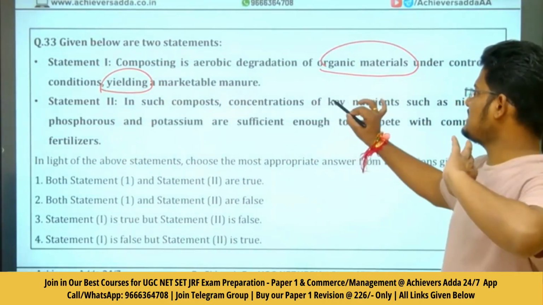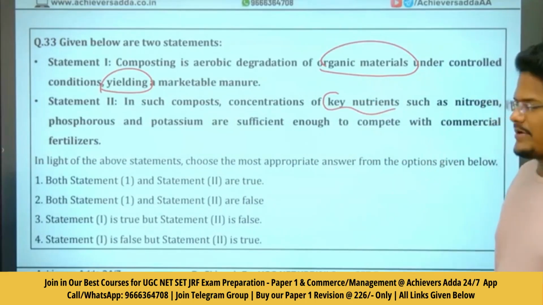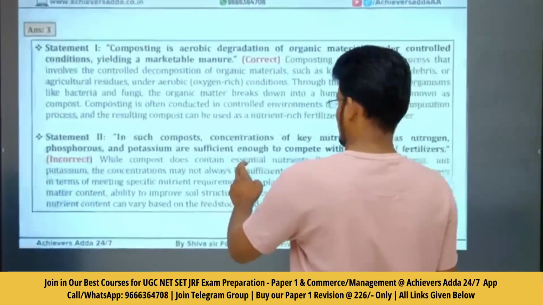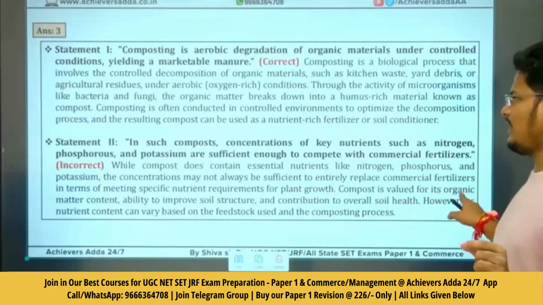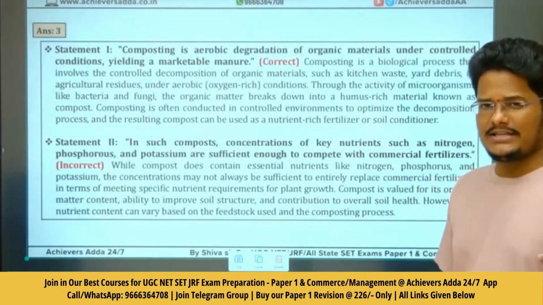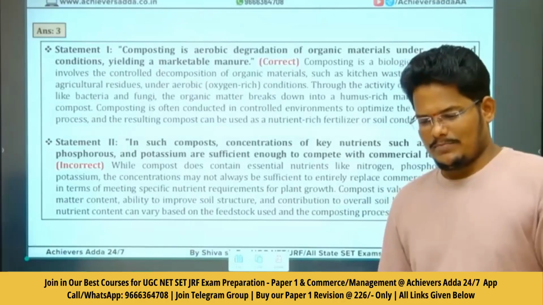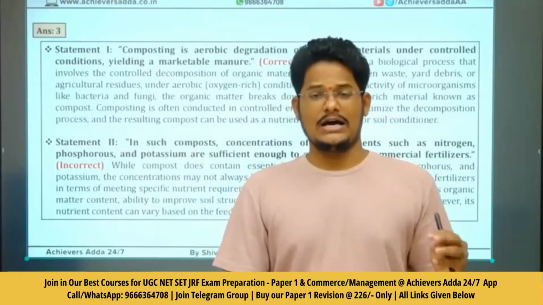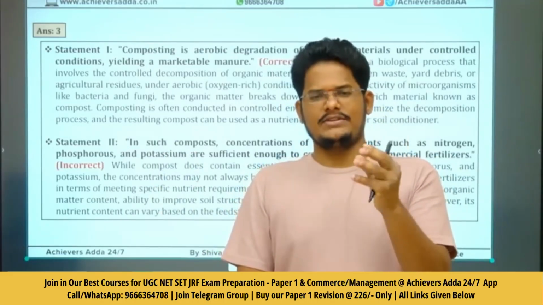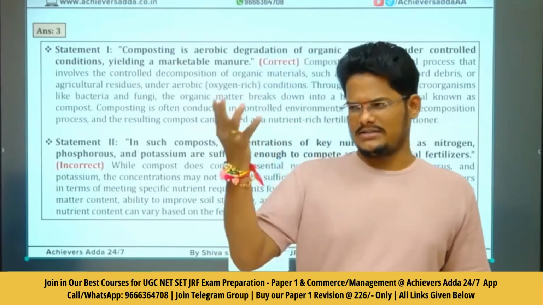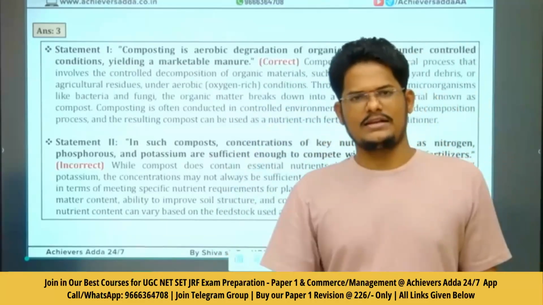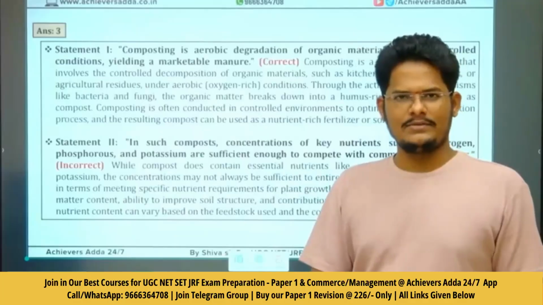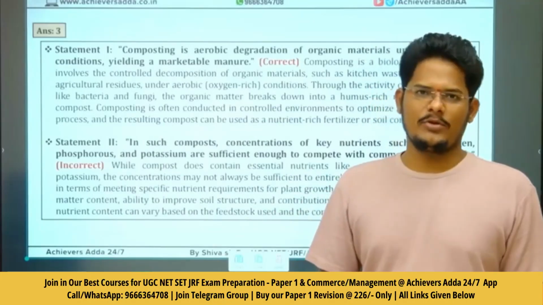In such compost, concentration of key nutrients such as phosphorus, potassium they stated, will not be present enough for the fertilizer. Compost is valued for organic matter, whereas phosphorus and all these are again the chemicals. So compost means pit composting, vermi composting, where you will dig one hole. In that all the kachra will be thrown, the organic garbage like vegetable garbage or human manure or else the animal manure, and we will close the pit for 60 days to 6 months. Once we open, we will get a fertilizer which can be used organically for